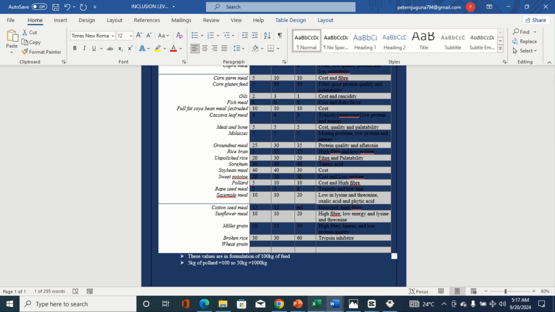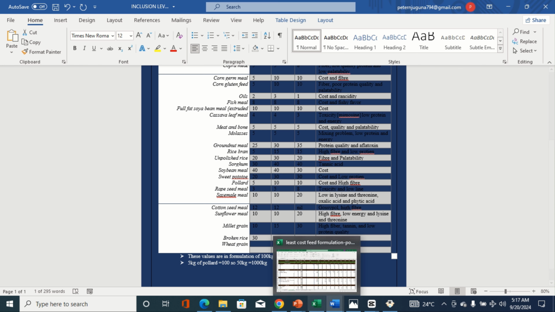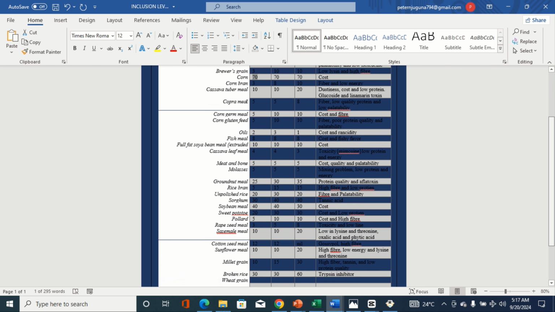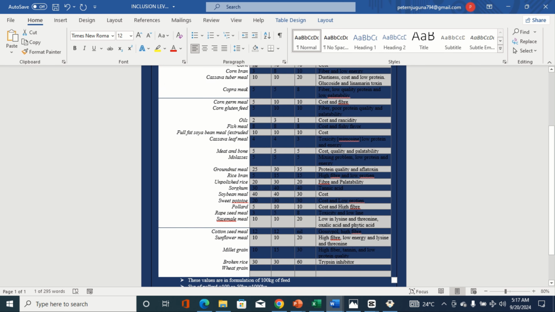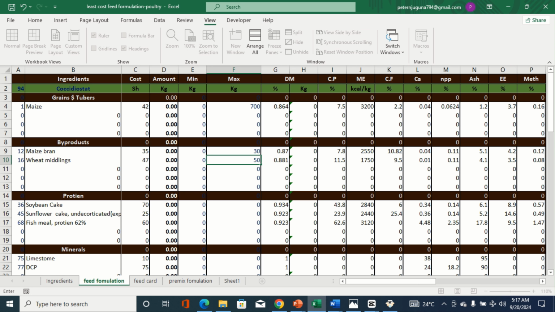So we are going to enter for the soybean cake. For the soybean, it's 40. Is it 40%? Soybean is 40%. It's here. So it's 40. Where is it? 40% of 1000 is 400. For this it's 100. For this it's